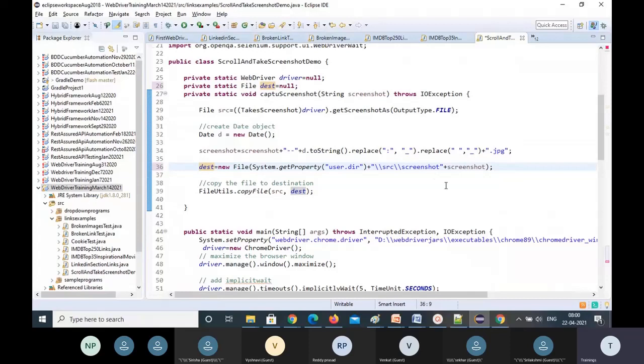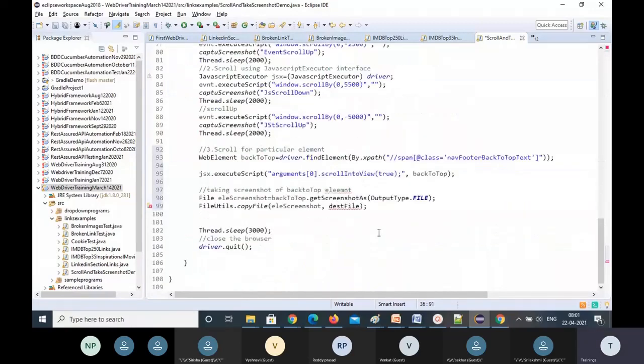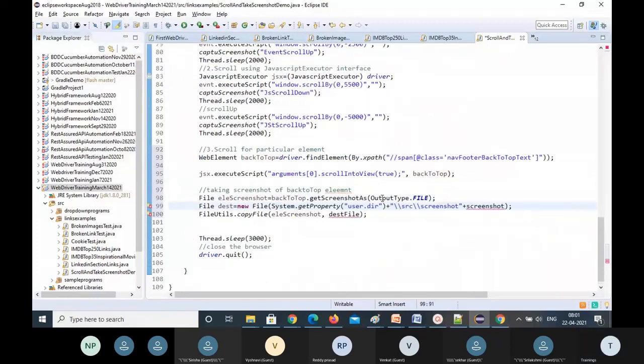But I need to add differently this one. Again, it will add. No, this doesn't work out. So anyhow, I'll give this. Let me write this. I'll take this destination till here. So what I need to do, this element screenshot, I need to paste it here, right? That element screenshot, then this destination. I'll just give this. Okay. So this is the one. It will copy there. So this is the one thing.